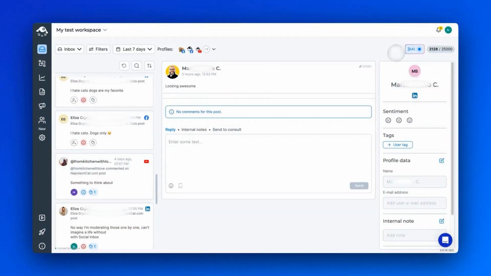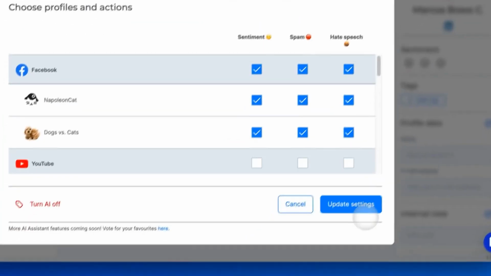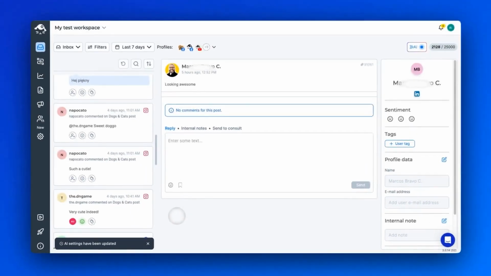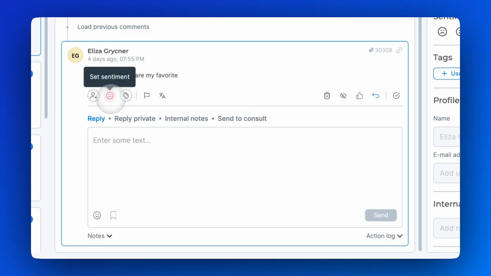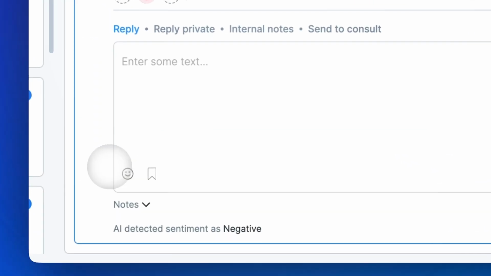But how would you know that we have a spike in negative sentiment? Well, the AI assistant is running constantly in the background. Every message that comes in gets read and tagged: positive, neutral, or negative. It also detects spam and hate speech, and potential escalation. This matters for crisis management because the earliest signal of the crisis building up is a spike in negative sentiment.